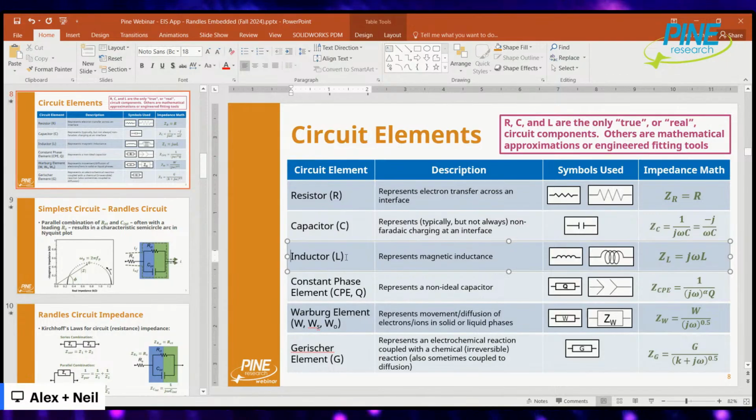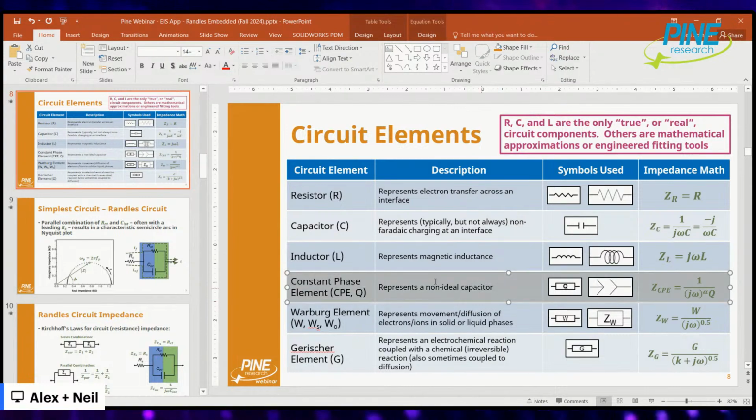But it is a sort of fundamental electrical circuit element, I guess. It's a different way of storing charge than a capacitor. And basically, we use capacitors because effectively the way charge is stored mainly in an electrochemical system is through capacitors, capacitance, basically. So capacitors are used far more often than inductors. Then we have constant phase element, which is a CPE or a Q. This is a non-ideal capacitor. So the reality is that capacitors do not actually behave perfectly like capacitors in an electrochemical system for a variety of reasons. And so we use a kind of engineering tool called the constant phase element to represent that